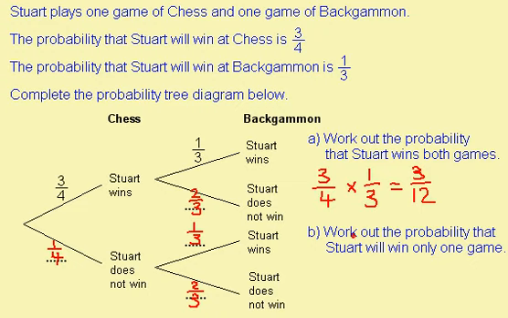I now need to work out the probability that Stuart will win only one game. To do this, if he wins chess, he must lose backgammon. Or, if he loses chess, he must win backgammon. So I have 3/4 multiplied by 2/3,